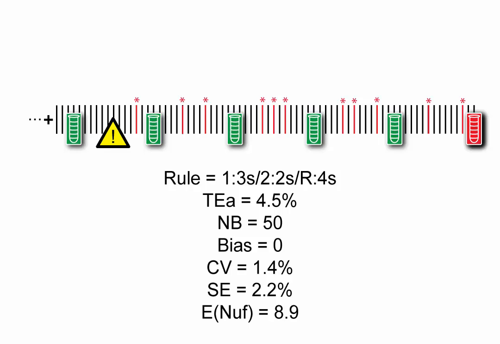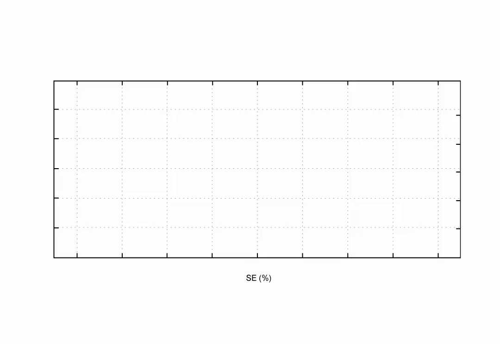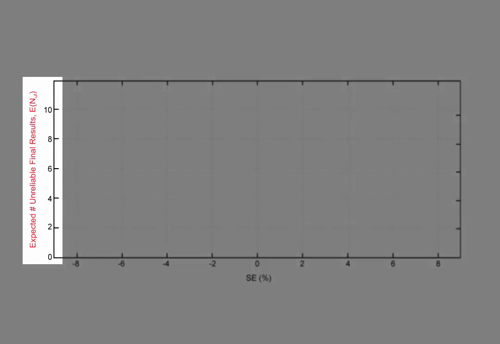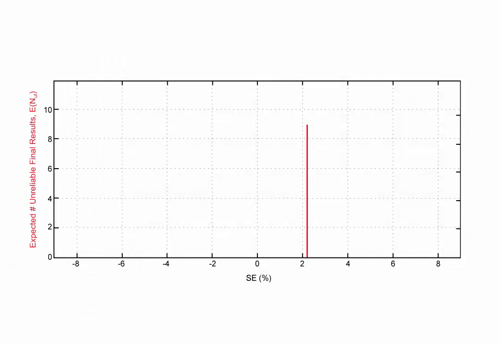The predicted enough is based on fairly advanced mathematical computations that won't be covered here. Different magnitudes of out-of-control conditions will be associated with different enough values, so we need to look at a range of possible out-of-control conditions. Let's plot our current value. The x-axis represents the magnitude of the out-of-control condition. The y-axis represents the enough. In this example, the y-axis is 0 to 10. For an out-of-control condition of 2.2%, the predicted enough is 8.9.